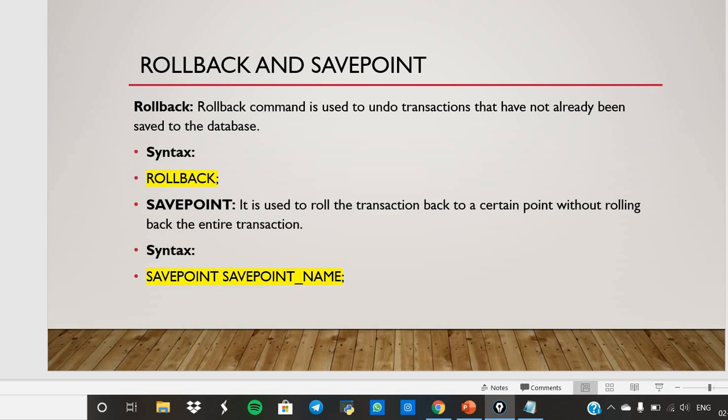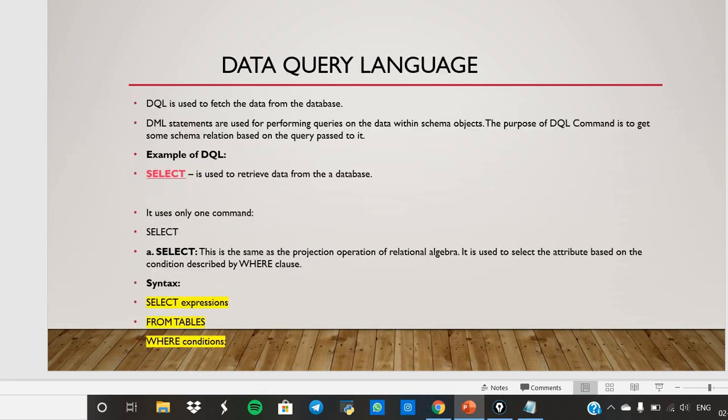Next we'll go to DQL, data query language. Data query language is used to fetch the data. In order to display any data, you can use this DQL command. This is very important, and it will display all the values in the tables.